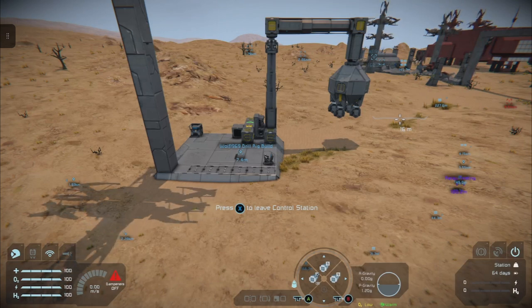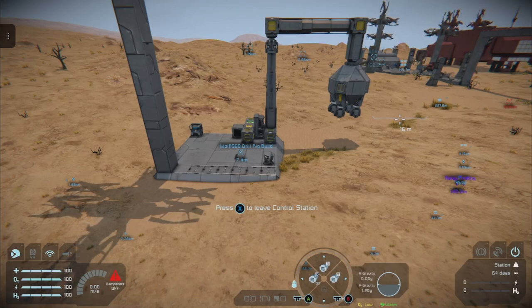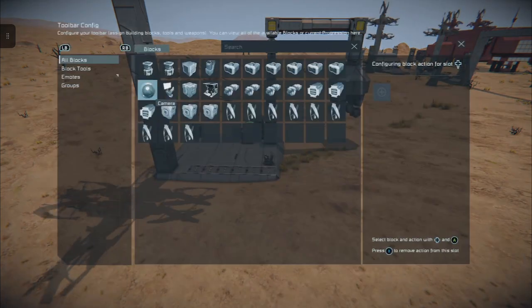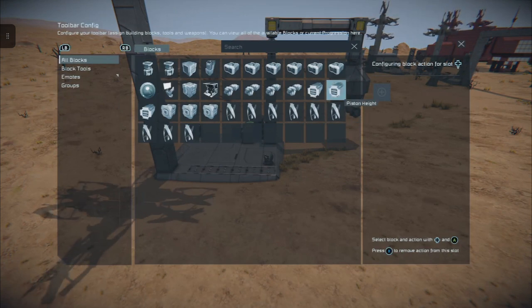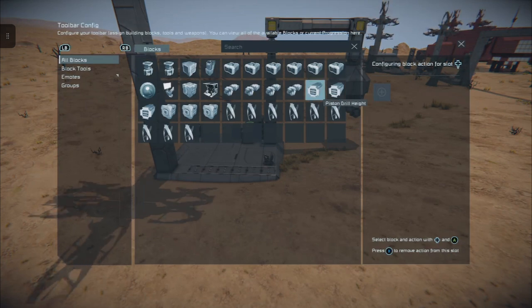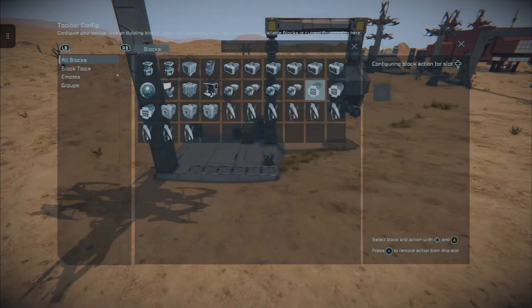We'll be going into some light automation for the third part. But for now, hold down on the D-pad. And the only piston we haven't messed with is our piston height. So we've got piston drill height, even. That's the one we want. And again, we just want to reverse that.